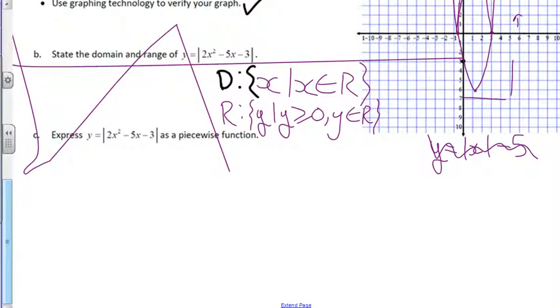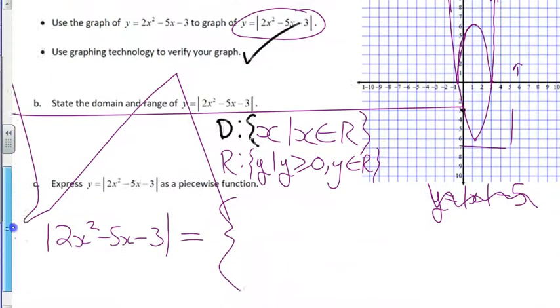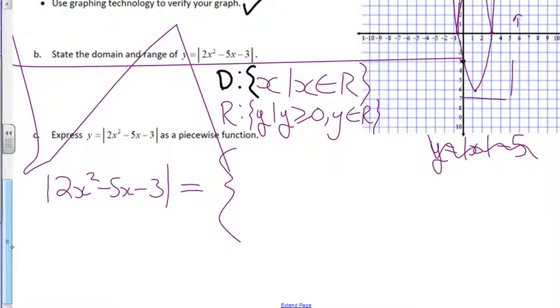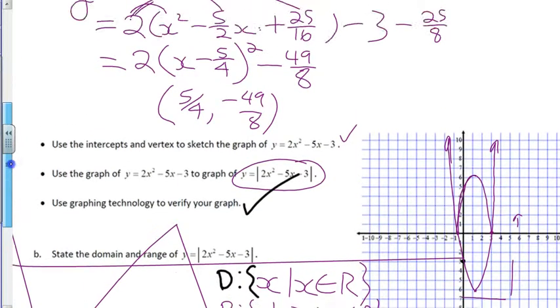Okay, express y equals the absolute value of 2x squared minus 5x minus 3 as a piecewise function. So here, last thing. We start off by saying the absolute value of 2x squared minus 5x minus 3 is, okay, if it's positive, I want to leave it alone. So we'll just say it is what it is. In other words, just remove the absolute value. It is 2x squared minus 5x minus 3 if, or when really, but if